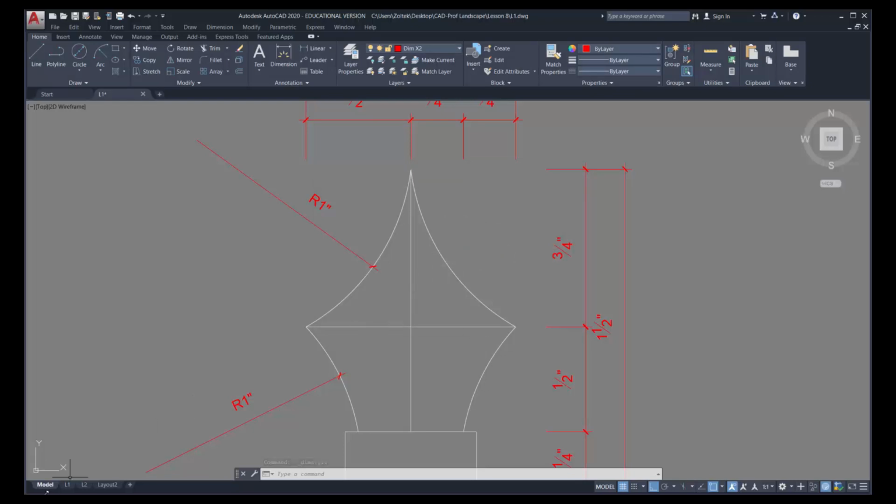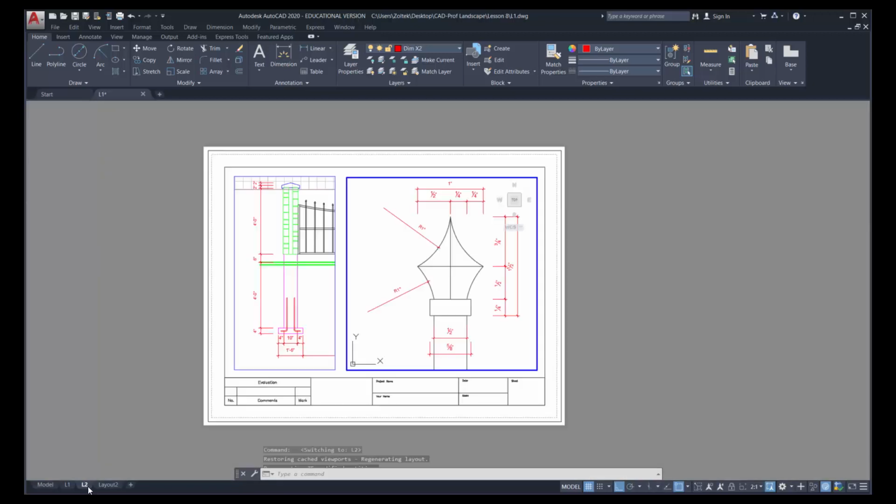Now please make sure you're in model space, because if I'm in one of these viewports and I zoom out, I'm just zooming out within the viewport and I won't actually see the outer edge of it. But if I click on L2 and I did this all correctly, I should see my two new radius dimensions in the viewport. Everything looks fine. I'm going to double click outside of it,